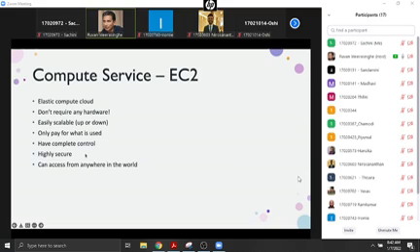Highly secure. Yeah, so this is where a lot of debate happens, right? Should we have our data on the cloud? It's a good debate, right?